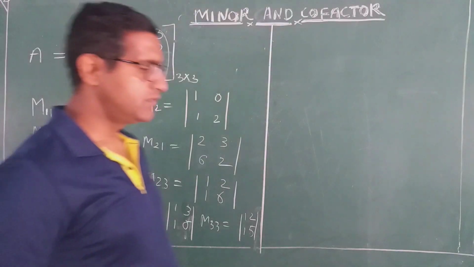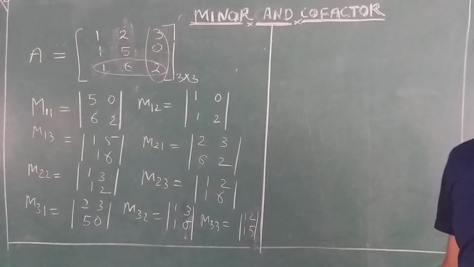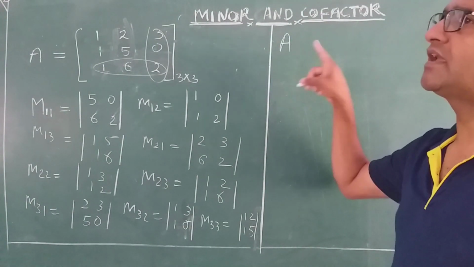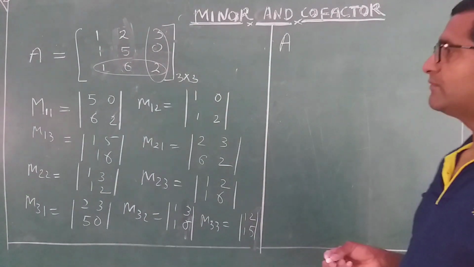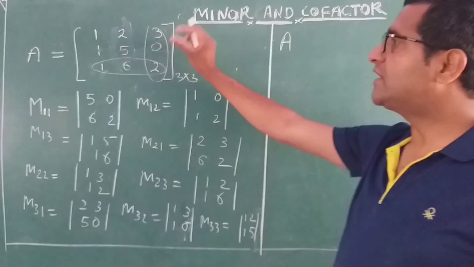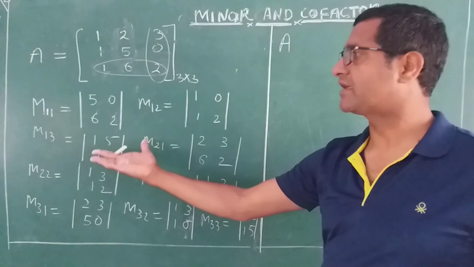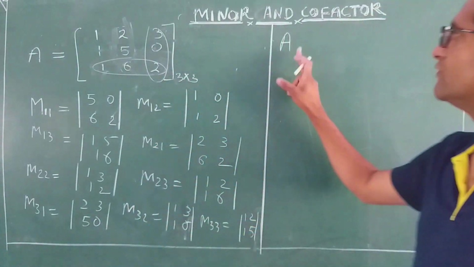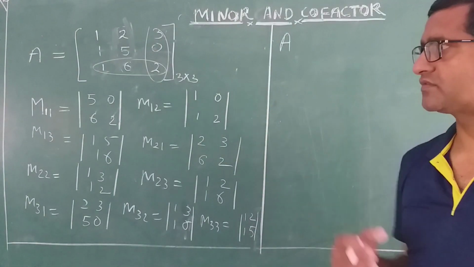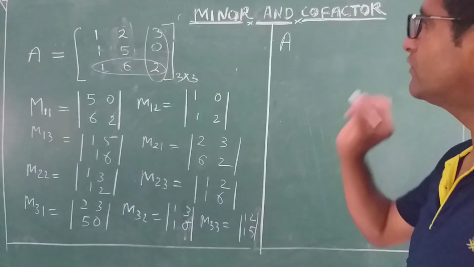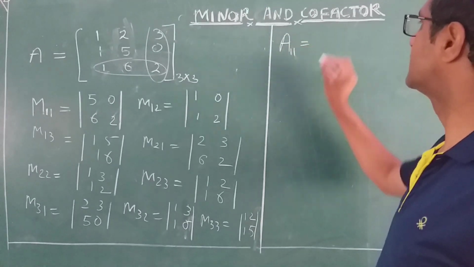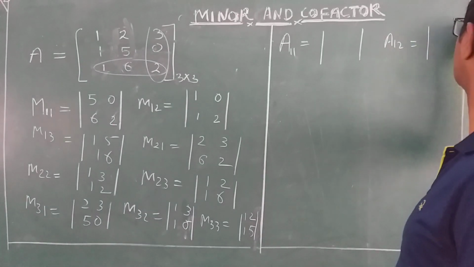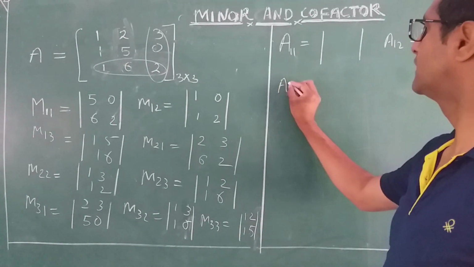Now I will tell you the same way for cofactor. As we know, cofactor is denoted by the capital letter A or capital C. Okay, how many cofactors exist? Like minors, if the determinant is 3 by 3, 3 3s are 9 minors exist. In the same way, 9 cofactors will exist. So I will convert minor into cofactor: A11, A12, A13.